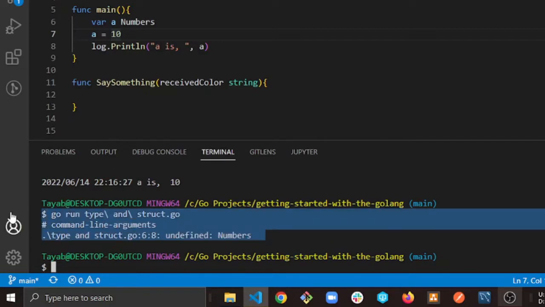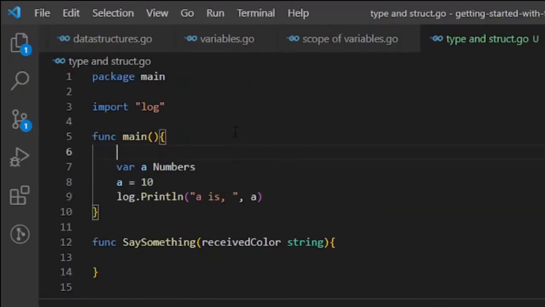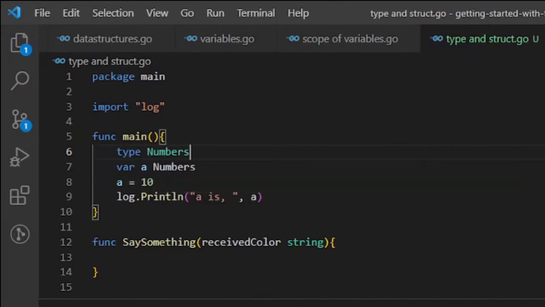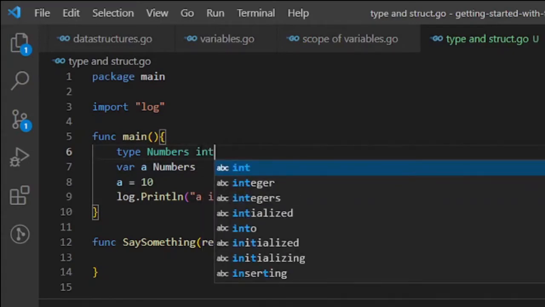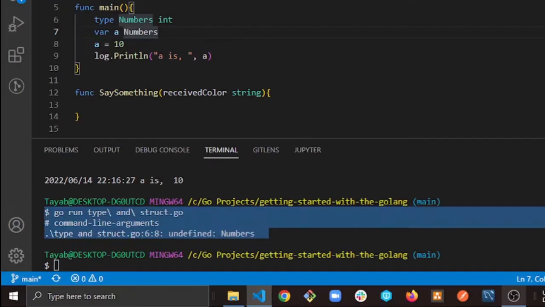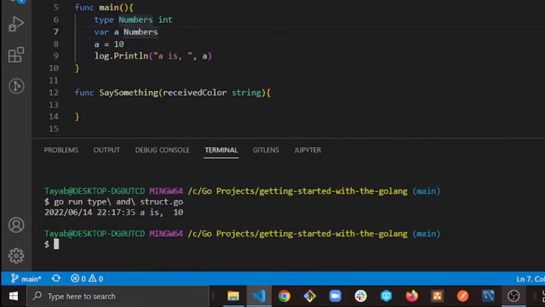Now in order to deal with these scenarios, in order for the user to define their own data types, Go gives us this feature of type, right? We just have to put the keyword type and give what name we'll be using. So we'll be using numbers, and this numbers corresponds to which existing primitive data type, right? Now if I talk about int, string, boolean, those are primitive data types. Now once we have written this statement, if we try to execute this program, now it shows that a